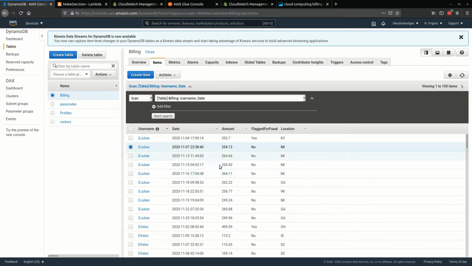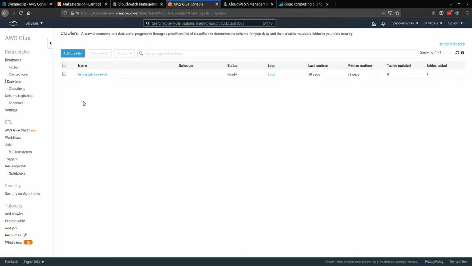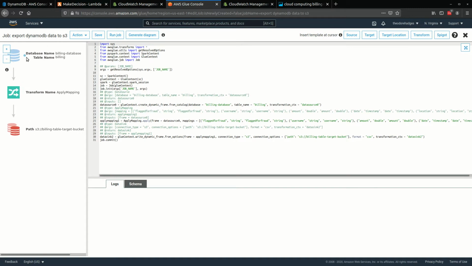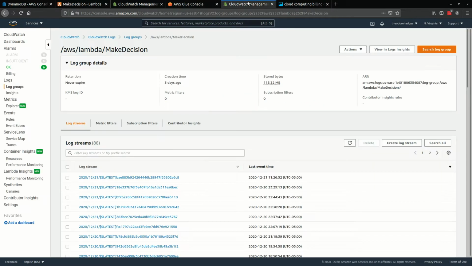Okay, so what happens after that is now we can do some visualization. How I do that is I use AWS Glue to do two things. One is create a crawler which gets the schema and data from my DynamoDB billing table, and then I have a job which is a simple Spark job, which you could see from this visual here. It takes in the table data, transforms it, applies a mapping, and then writes that data in a different format to S3. Now the benefit of that is we can go to Athena and create a connector to this S3 bucket